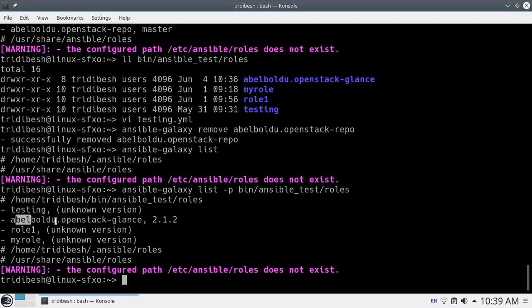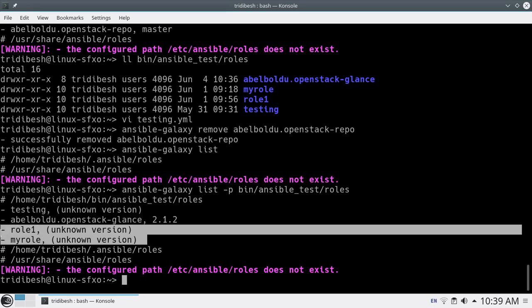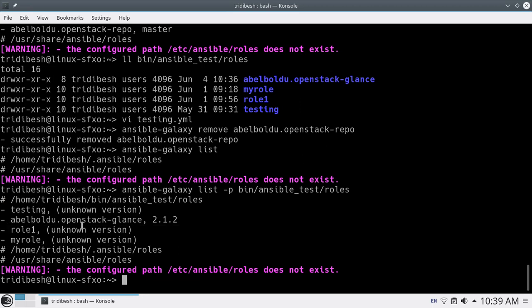But this one I downloaded from Galaxy, so that's why I'm seeing the version. These others are my own created, so I'm not seeing any versioning or author information. So like this, very easily you can use Ansible Galaxy to download your required roles from the Ansible Galaxy portal and use them in your playbook.